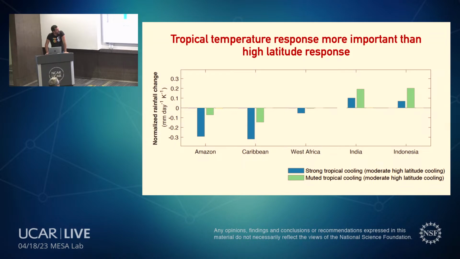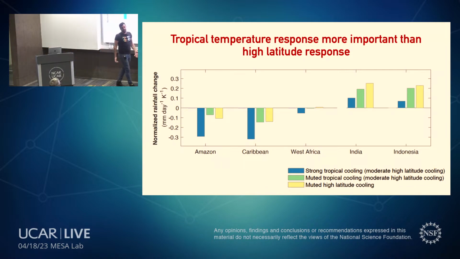We can look at them in boxes over these domains, and you can see that the stronger cooling models show much stronger drying, and even in India, a lesser increase in rainfall. We know that the Indian monsoon should strengthen under warming because of increased moisture in the atmosphere. Same for Indonesia. We can look at the other models in my clustering analysis, and these are the muted high latitude cooling